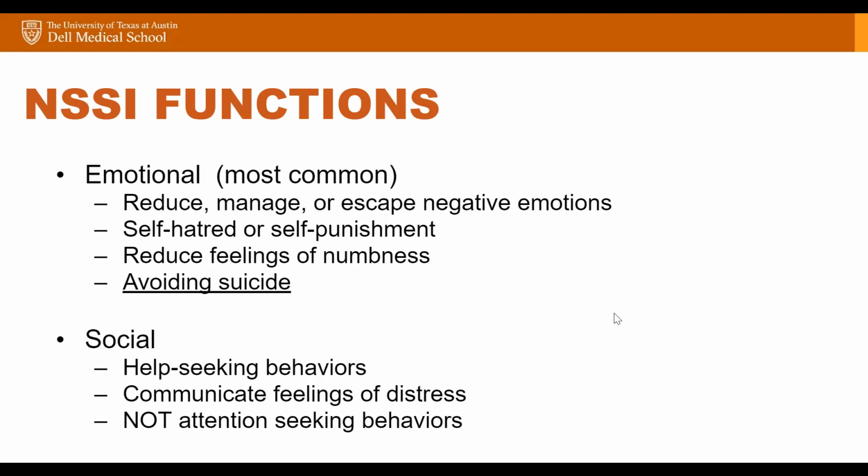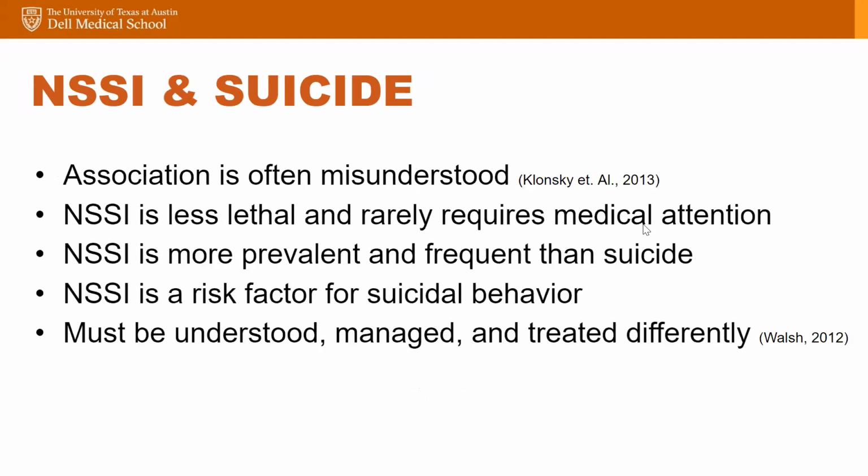So like I mentioned, the reasons or functions can be really varied from youth to youth, and can oftentimes change with time. But oftentimes getting an indication as to why this behavior is occurring for youth, if they're able to specify, can give us a good idea as to how to provide even immediate intervention, right? What to help youth work on to help reduce the frequency of this behavior. The last piece that I'll talk about here before we get into more specifics about assessment and response is differentiating NSSI or self-injury from suicide.